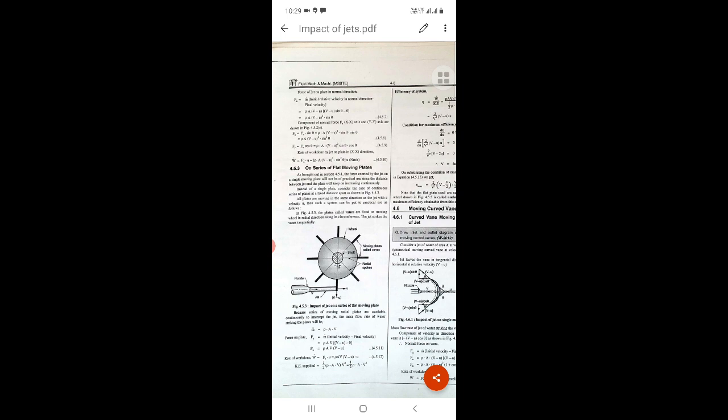The figure shows the shaft, moving plates, radial spokes, wheel and nozzle. V minus U is the velocity for the impact of water on the blade. Consider a series of moving plates available continuously. The mass flow rate of water is m dot equal to rho A V. The force on the plate Fn is m dot into initial velocity minus final velocity, so Fn is rho A V (V minus U).